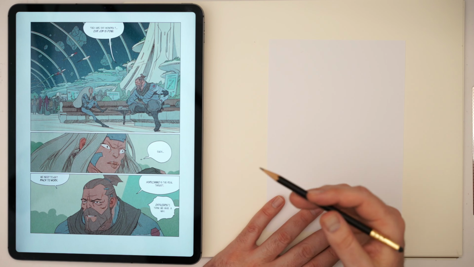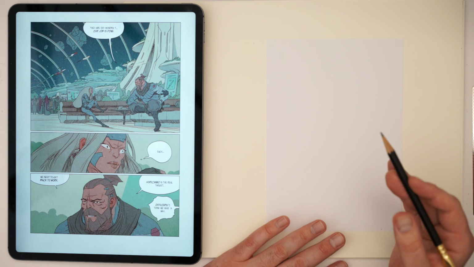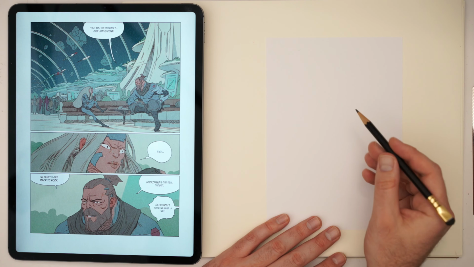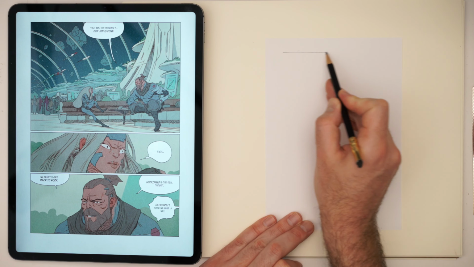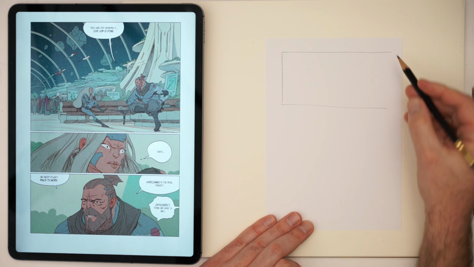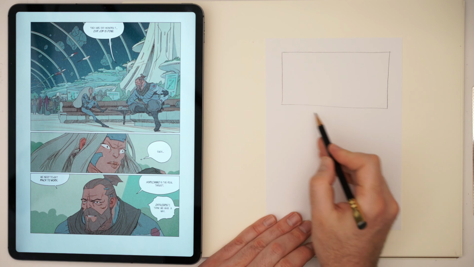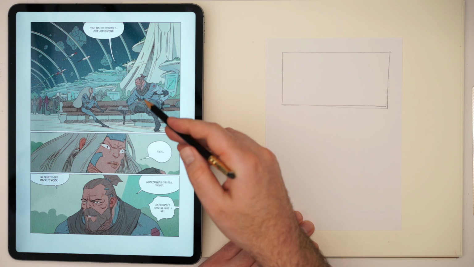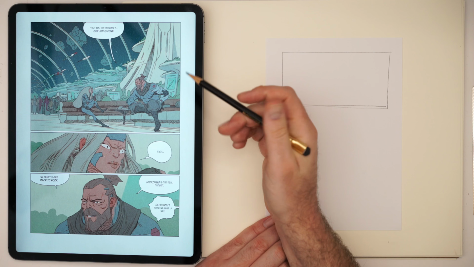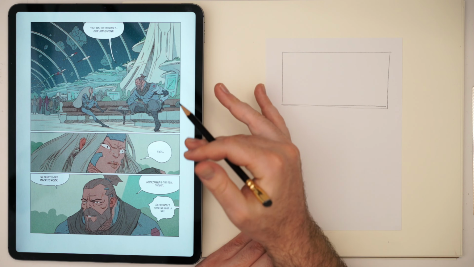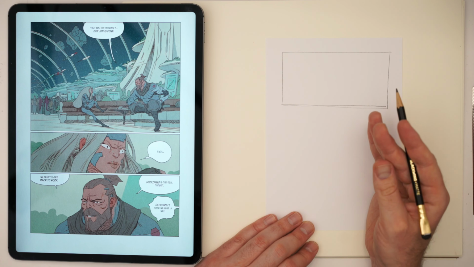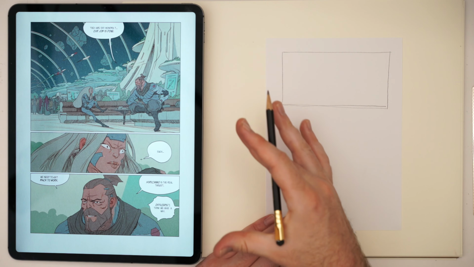But initially, again, it's important to understand that often what we're dealing with is a series of choices when we're creating frames. So if we think about breaking this down and looking at the options that we might have, if I have a simple frame like this, the story here is that they are discussing the fact that they have kind of failed at their task, at their mission. Their job is done, they need to forget it, and she doesn't want to forget it, and he is kind of being the pragmatist. This follows on from another panel.